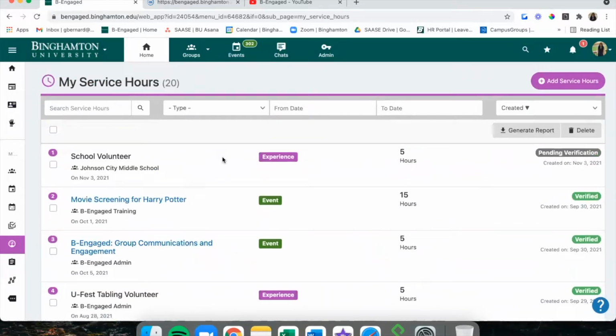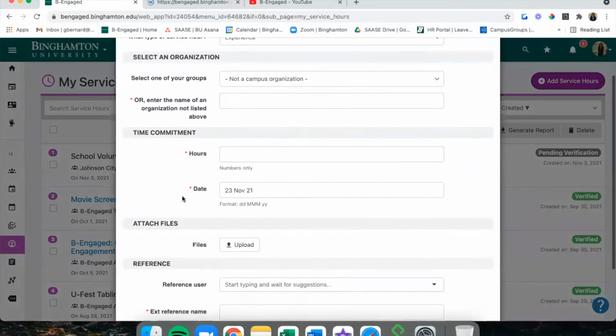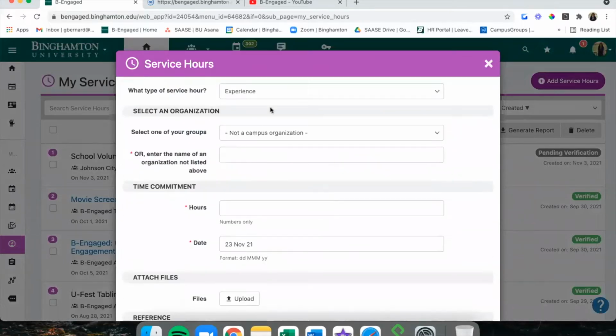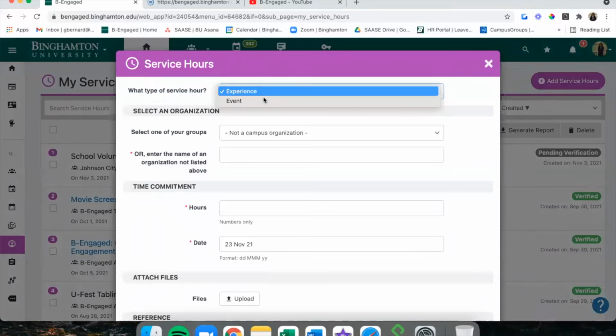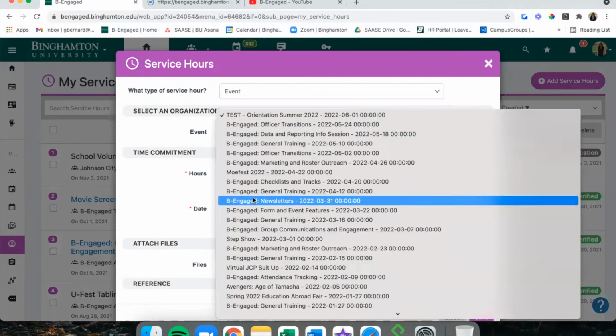To input those hours yourself, you'll just click this Add Service Hours button and fill out the associated form with whether your service hours are experience-based or event-based and dependent on an event that's listed within Be Engaged, which you can find here.